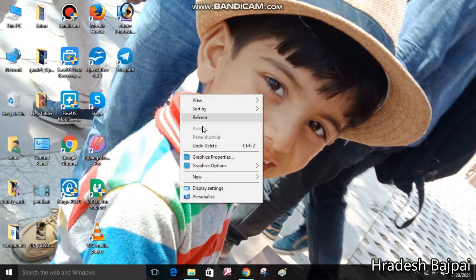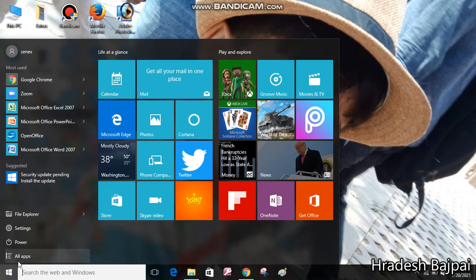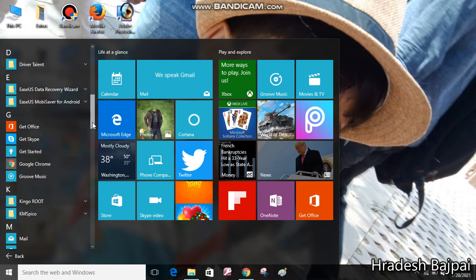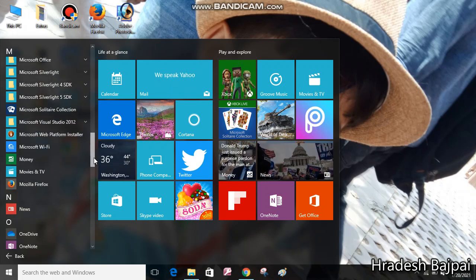After completing this process, you can check whether logo is installed or not. Click on the all programs button and find Microsoft Windows logo.